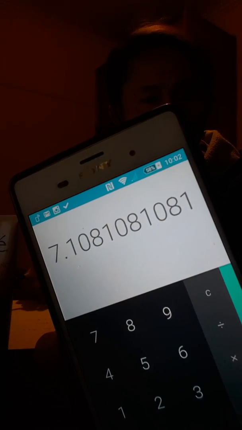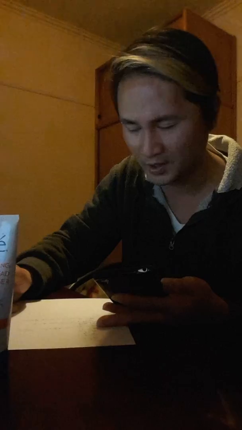78.9 divided by 11.10 equals what? Equals 7.18. 78.9, which one's this? Divided by 11.10 equals, oh yeah,